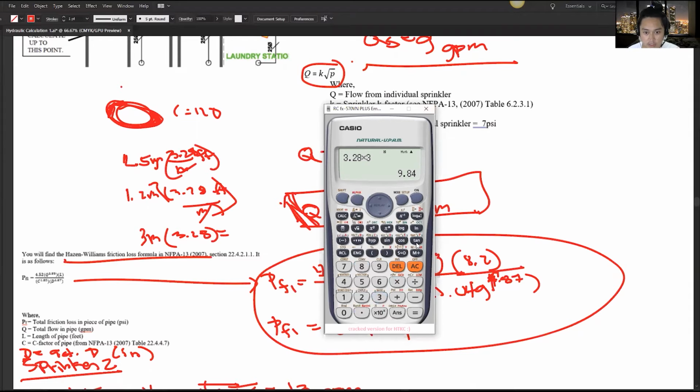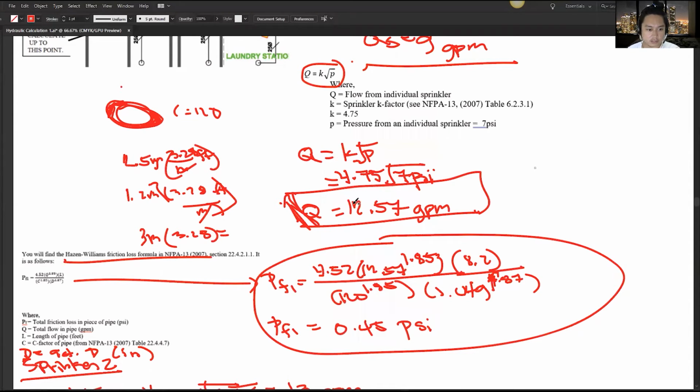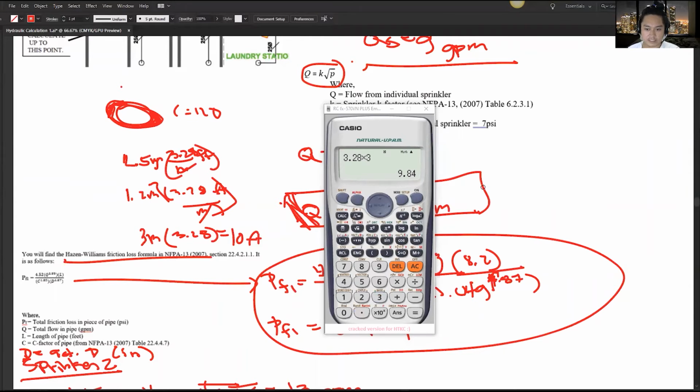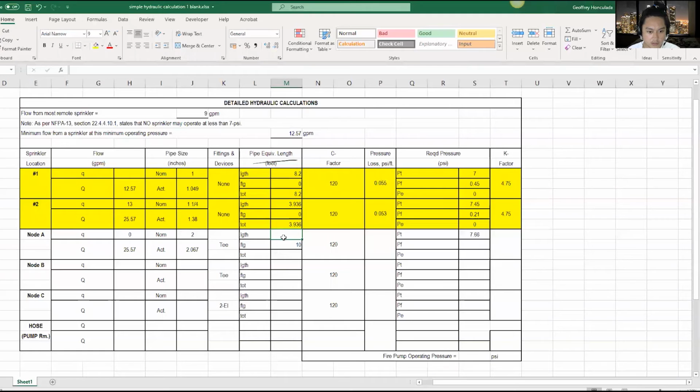So that's 9.84, or we'll just make that 10 feet, about 10 feet. This is just for easier calculation on this part. So that's 10 feet, so a total of 20 feet. Okay, with these filled out, you're now able to solve for the friction loss from node B